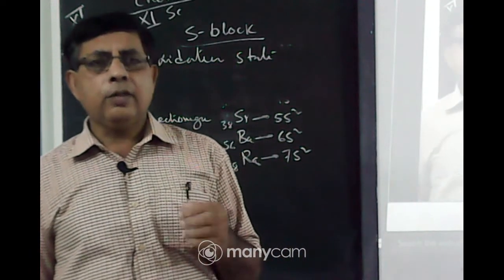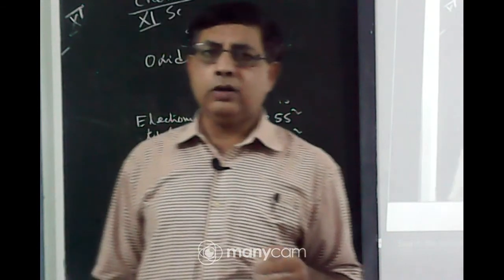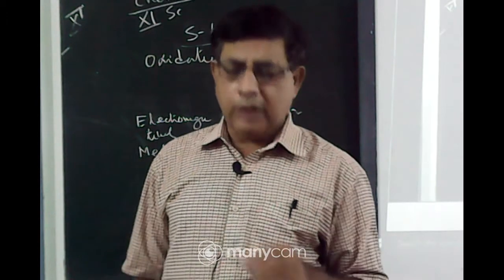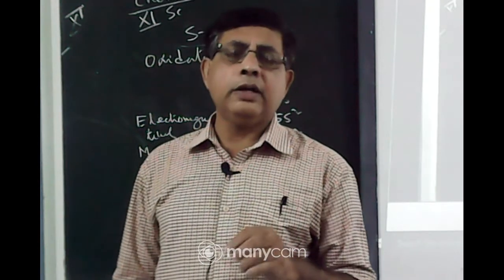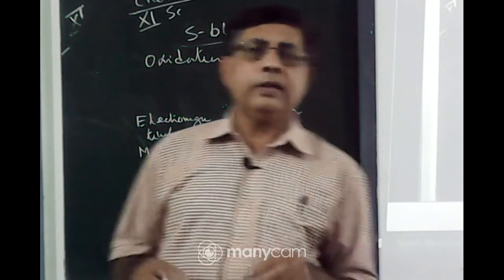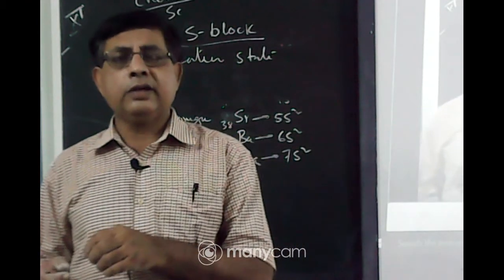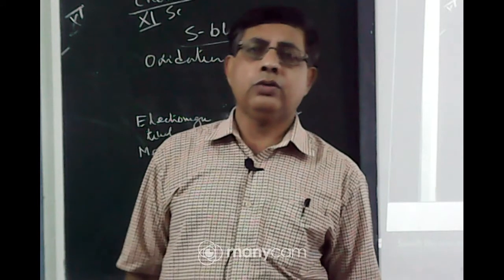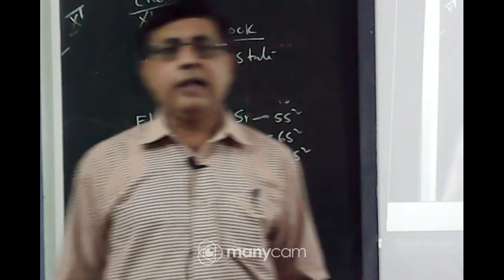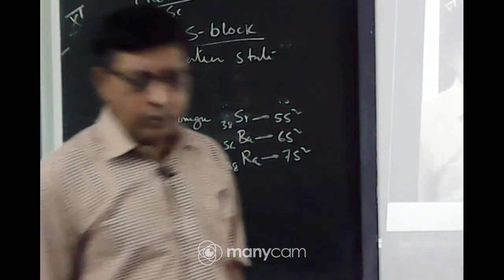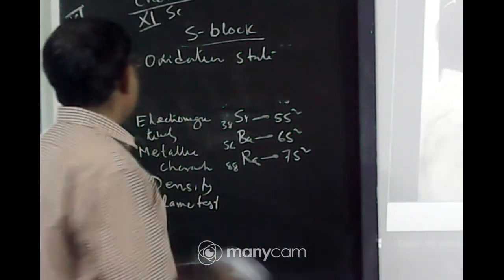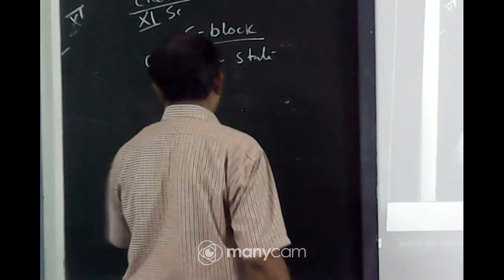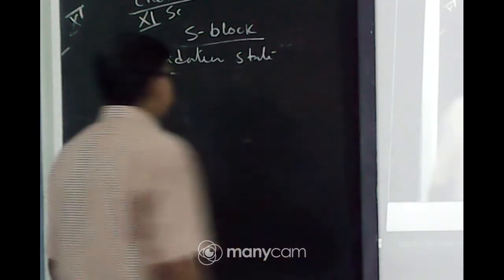But in the case of magnesium, it has two valence electrons. So after the loss of one electron, the Mg+ also has one electron in the outermost shell. So it has a greater tendency to lose the second electron to achieve noble gas configuration. So the second IP of magnesium is not so large as compared to the second IP of sodium. So the first IP of sodium is less than magnesium, but the second IP of sodium is greater than magnesium.